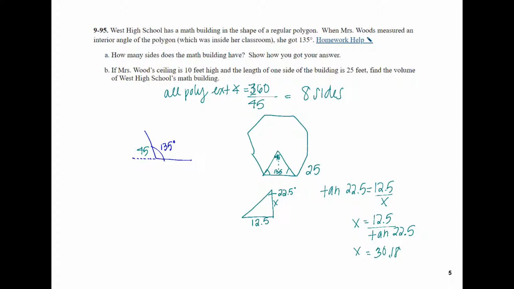To find the area of my triangle, I do my base times my height divided by 2. I don't want to divide by 2 because I need 2 of them, so the base of my triangle, 12.5 times 30.18